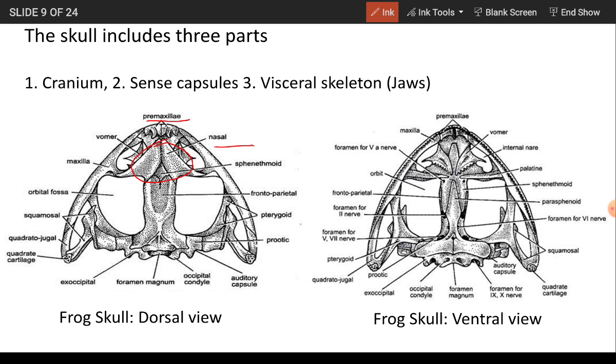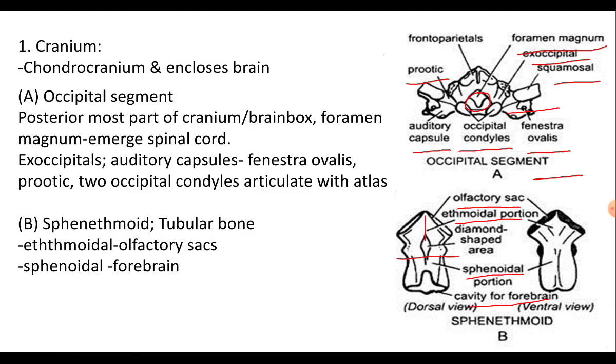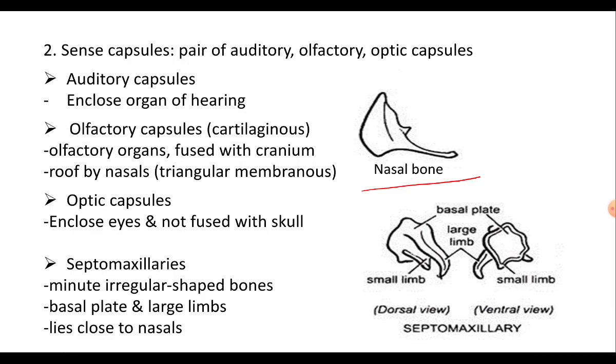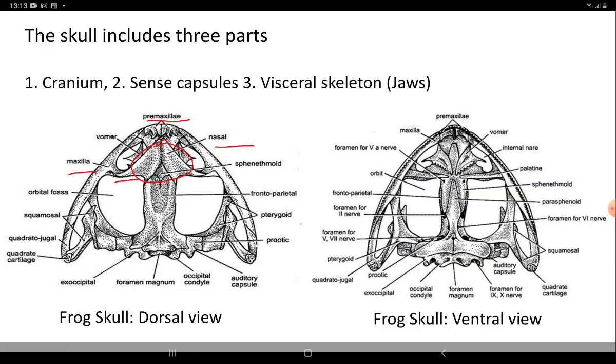And the outer process, this is the outer portion of the nasal, meets the maxilla of the upper jaw. Coming to the Septomaxillaries. This can be seen